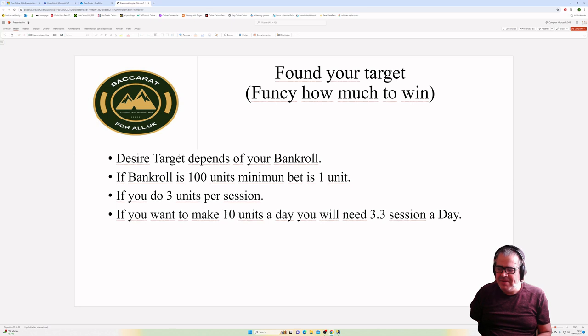I said goodbye. And what I noticed at that age, playing that way, is that every time I wanted to go and win 5 units, bad luck came to me and I could lose my $100. I didn't want to get that extreme and lose my $100, my 20 units. So as soon as I reached my target, I said bye bye. I went home happy almost every day. That's what I did.